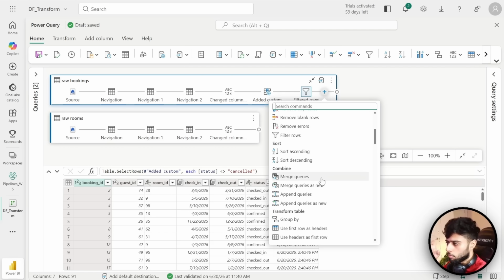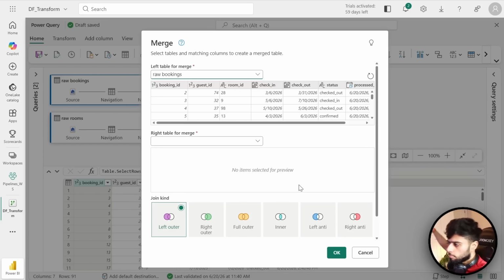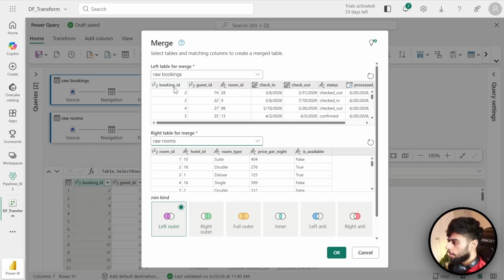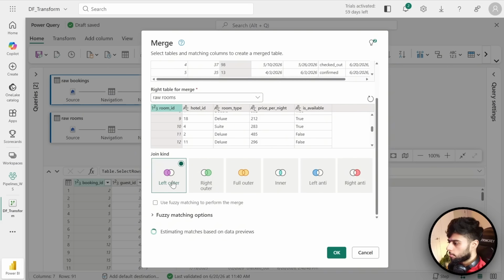Here we do not have the word join. So here I will say merge queries as new because I just want to create a new query using these two. I can also merge the data within the existing one, it's fine, but new query will make more sense in terms of, you can say, structure of the pipeline. So I want to combine this raw bookings with the raw rooms, and the joining key will be, let's say, room ID and room ID, and I want left join, left outer, perfect,